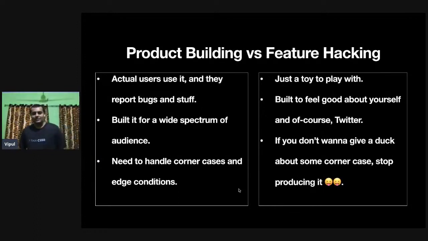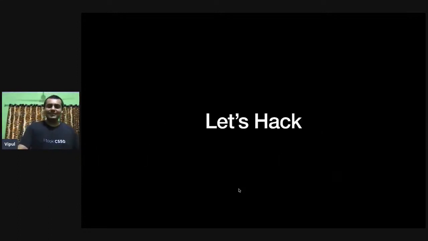Also, if you're building a product, building a product comes with a lot of edge case handling and also corner cases that you have to deal with. My favorite part about feature hacking is if you have a bug that keeps bothering you, just stop reproducing it. You are the sole user. Write down the steps that replicate this and stop using that whole process. Try a different workflow. So cool. Let's hack.